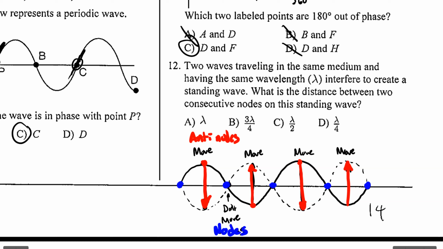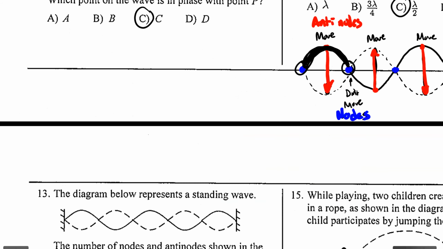So here's the node, here's the other node. How much of a wave is from here to here? Only this part between these two consecutive nodes. I only see a crest right now. What happened to the rest of this? This is the rest of the wave. So this is only half of a wavelength. From one node to the next consecutive node is half of a wavelength. That's a standing wave. Nodes and antinodes, okay?